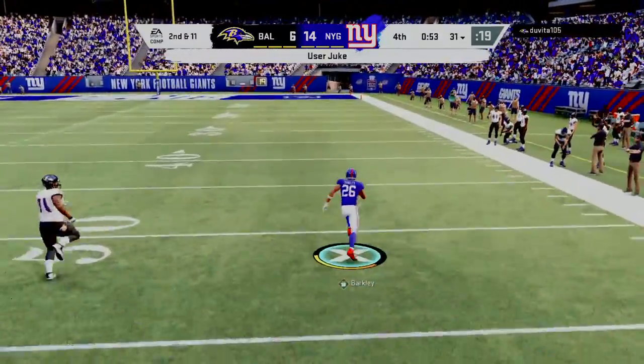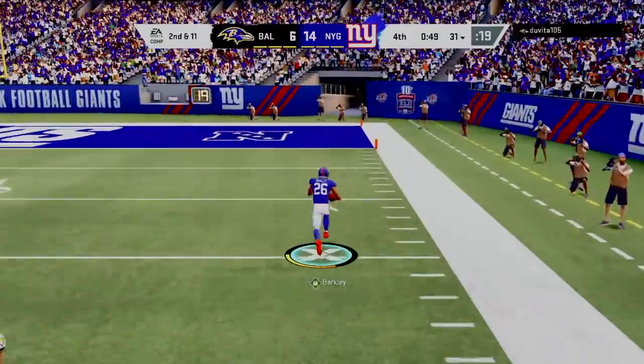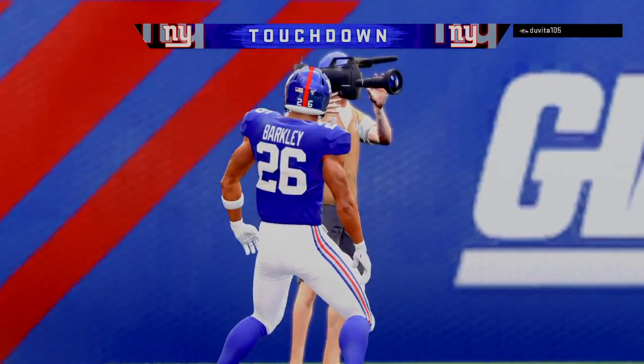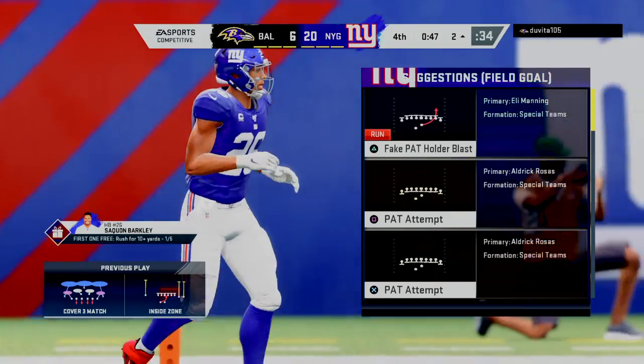What a juke into space. He's at the 40, 20, 10, 5, and he's across for the touchdown. And in the final minute, that should just about seal it. And that touchdown should make you feel